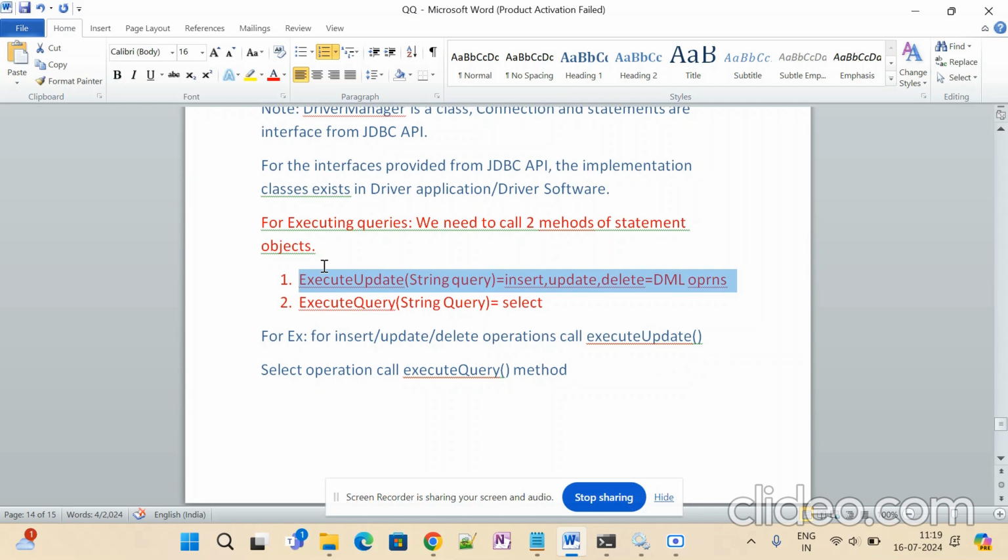So these do not belong to the rows. They belong to the table structure, or we can call it the schema. We are not working with the inside records. It belongs to the table structure or schema. So whenever I call the executeUpdate method, suppose you want to alter the table structure from Java